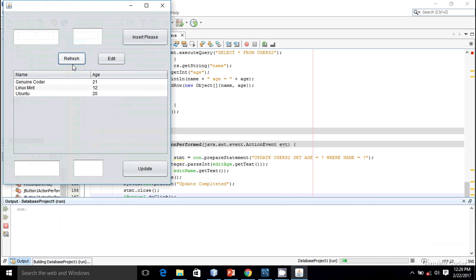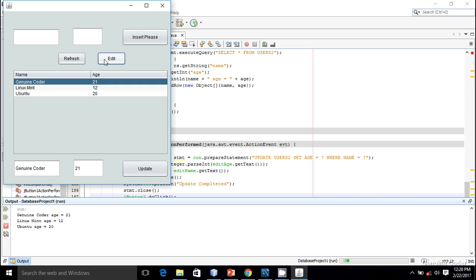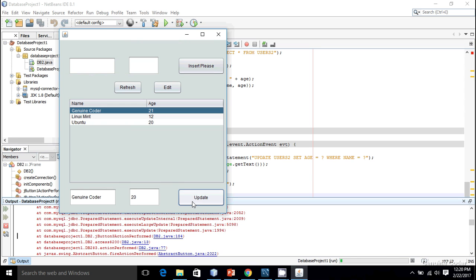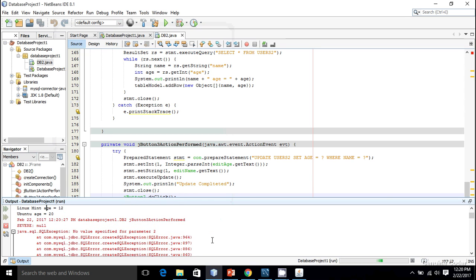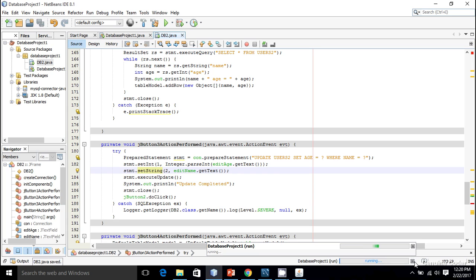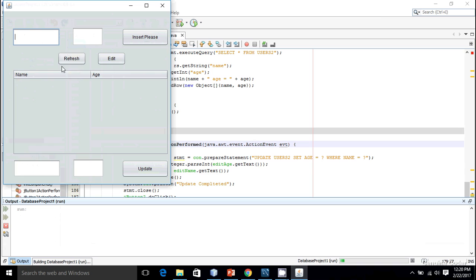I'm going to press on the refresh button, and I'm going to change the age of genuine coder. So it is 21 now. I'm going to go 1 year backward, maybe using time travel, then update it. So there is a beautiful error. Let's see what happened. So JButton reaction, no value specified for parameter 2. So what happened is I forgot to change this to 2. I'm sorry for that. I'm going to close the existing instance, and I'm going to run the program again,